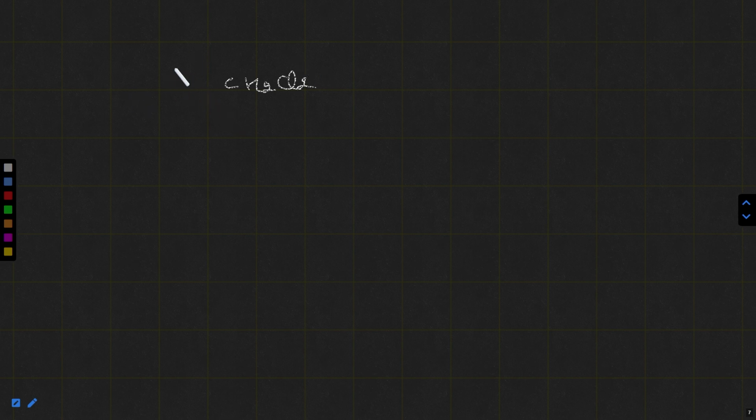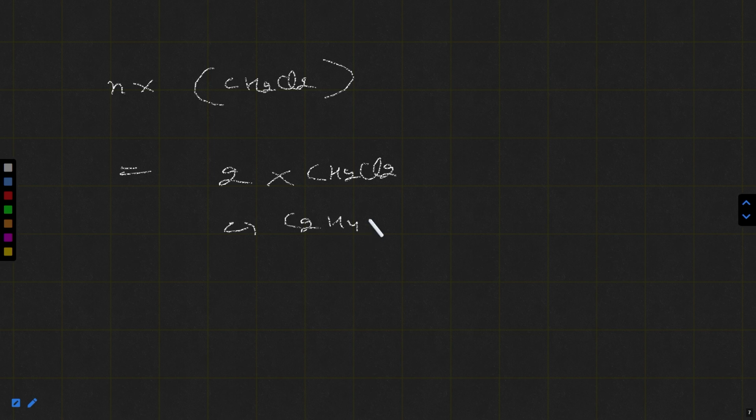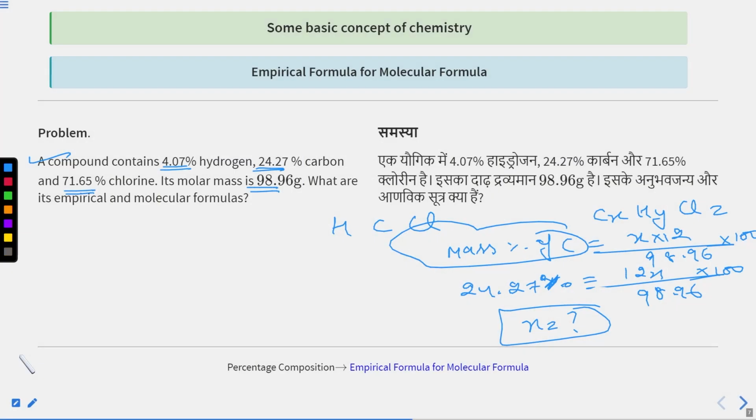Because we know that the molecular formula will be N into CH2Cl, N will be 2. 2 into CH2Cl means C2H4Cl2. C2H4Cl2 is the molecular formula of this given compound,